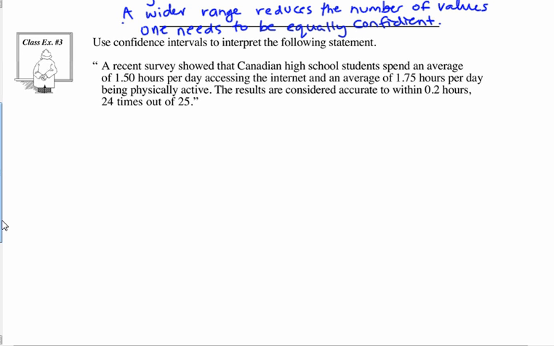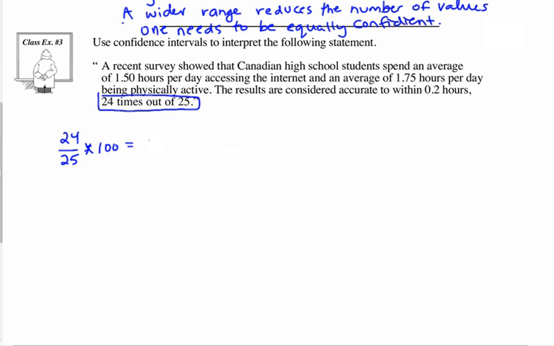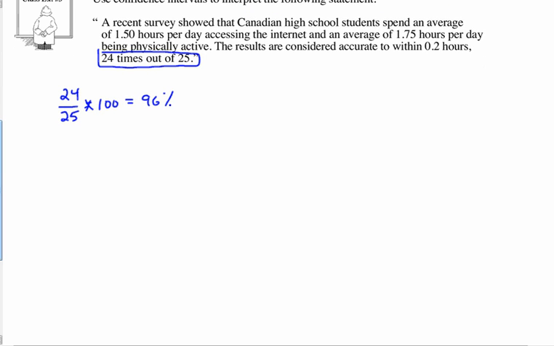So let's interpret this. What's our certainty level? How confident are we in this work? So 24 out of 25 is equal to what? Let's find this as a percent. So times 100, that is 96%. So we can be confident with 96% certainty. So that's how we'd start off. So it can be said with 96% certainty that Canadian high school students